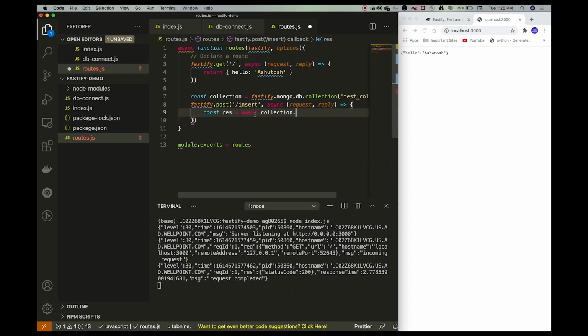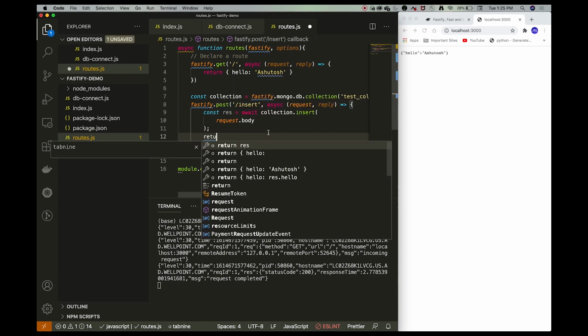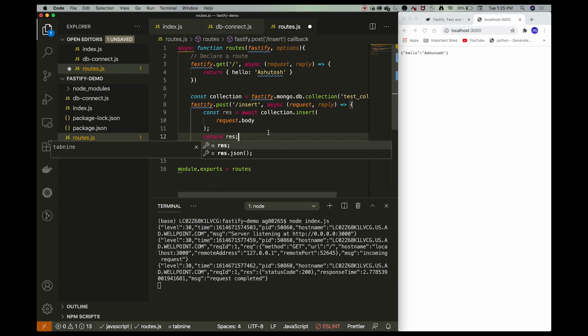The insert query would be collection.insert, and you can pass request.body. So whatever is coming in the body of the request, I will insert that into my collection, and then I'll return the response returned by MongoDB.